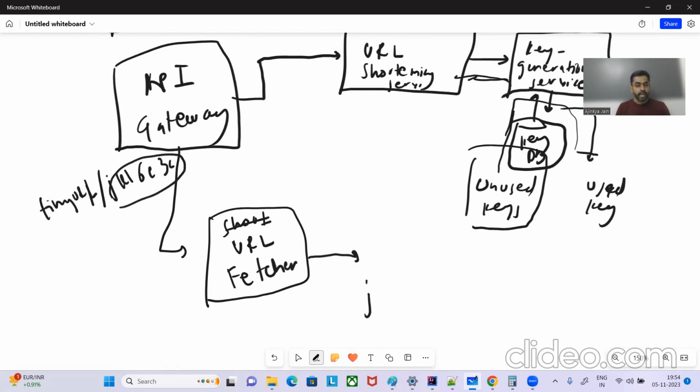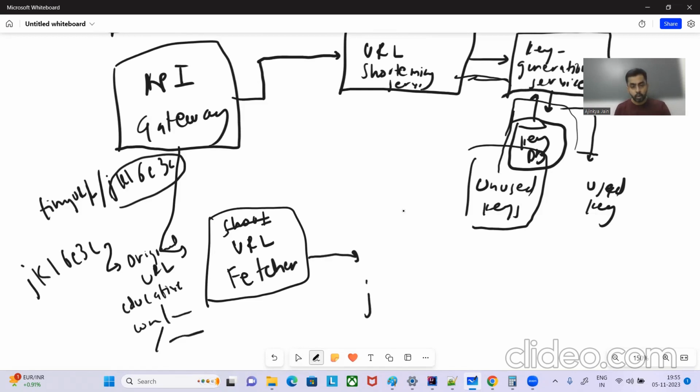And in our cache, how will this be stored? We'll have the corresponding short key JKL6E3C as the key, and the corresponding value would be the original URL, which will be educative.com and so on, the big, long URL. So this mapping of short URL to long URL will be stored in the cache, in memory. So this URL fetcher service